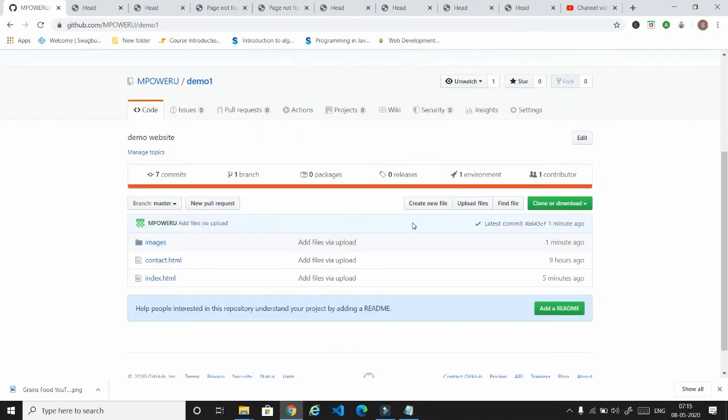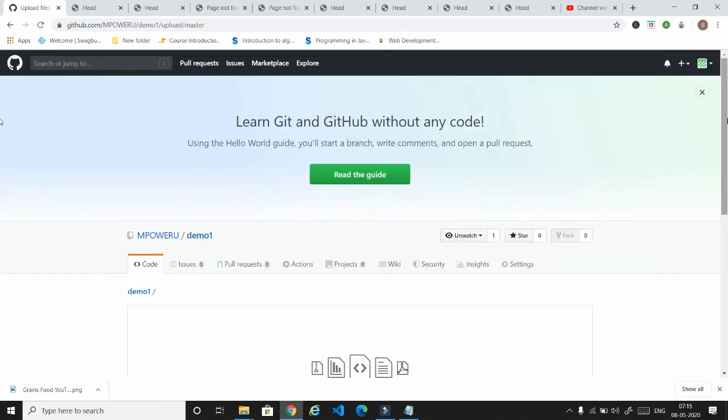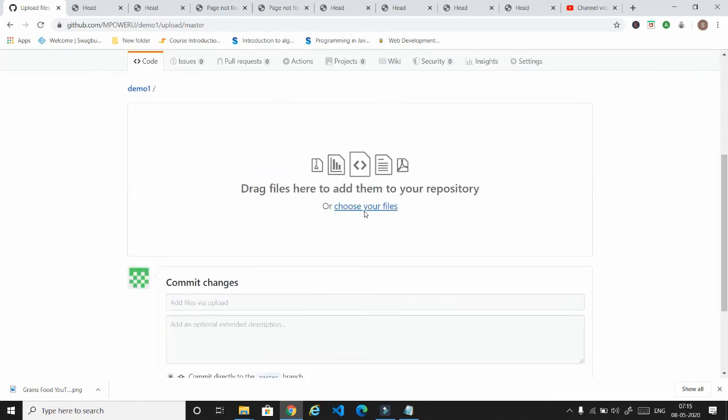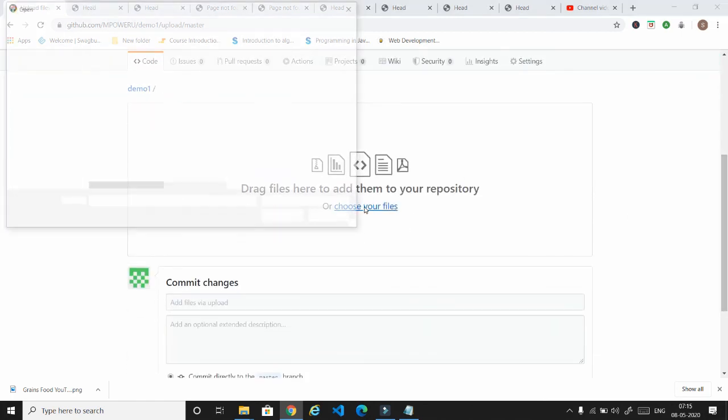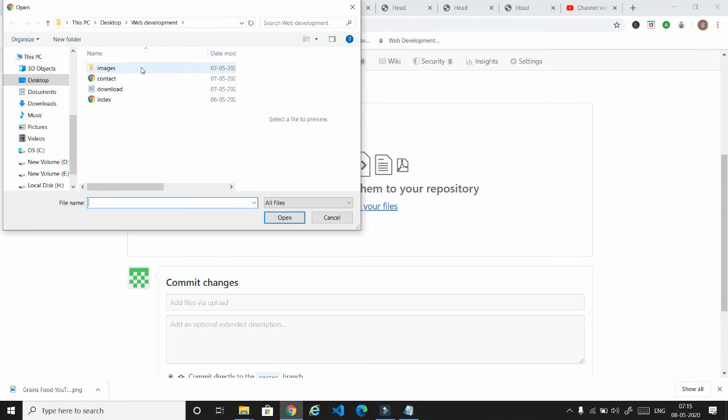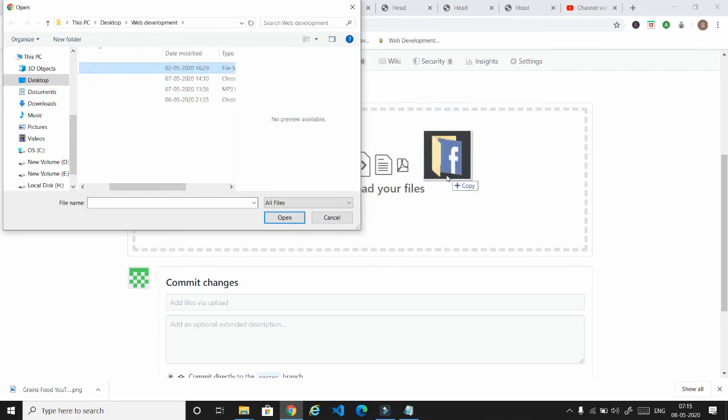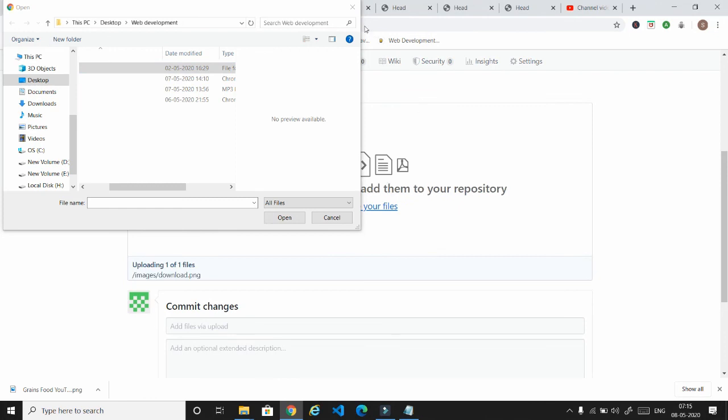As you can see here, you can also upload a folder in GitHub. For that, just go to upload files, choose your files, and drag this and drop it here. So it will be uploaded.